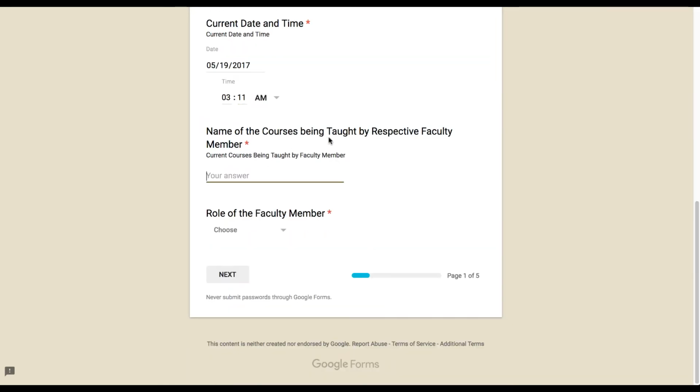And then the names of the courses being taught by the respective faculty members. So what are the courses that you're teaching in the current semester, like spring semester, spring 2017 semester. Just give the names of the courses that you have taught in this semester. So if I call it EMS data model,